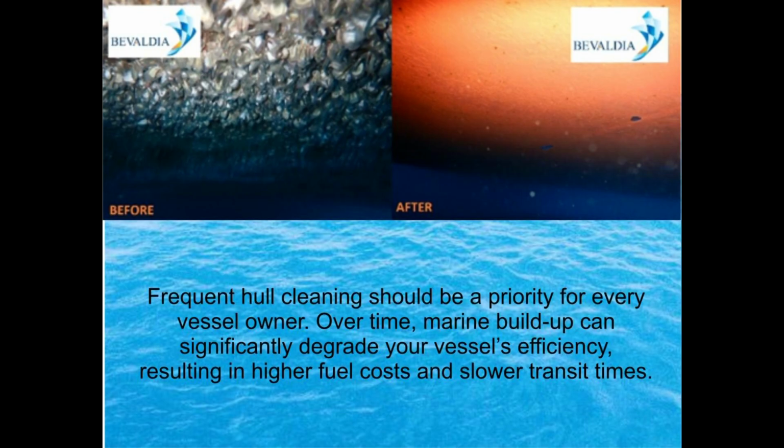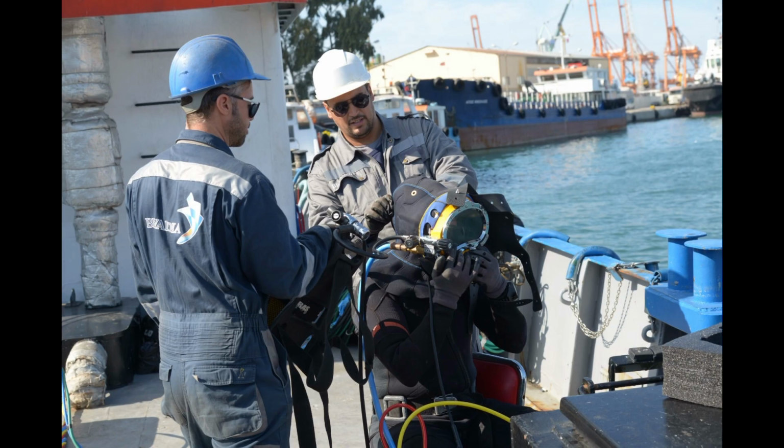Frequent hull cleaning should be a priority for every vessel owner. Over time, marine buildup can significantly degrade your vessel's efficiency, resulting in higher fuel costs and slower transit times. BEVALDIA's brush cart system offers a proactive solution, helping you maintain your vessel's performance and avoid costly repairs due to